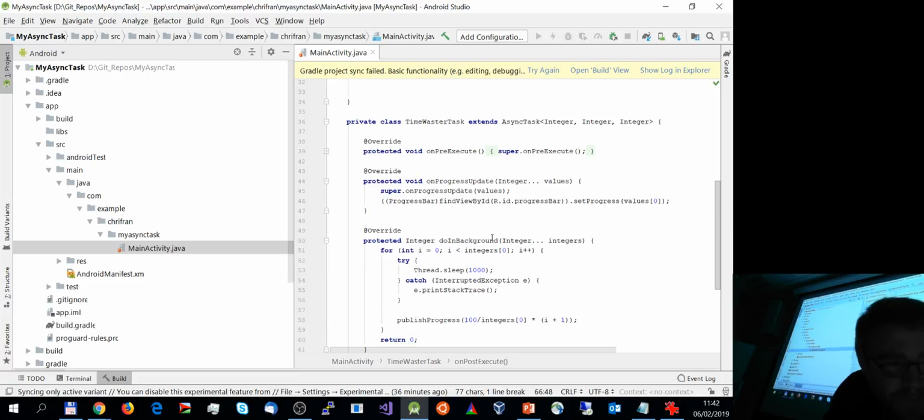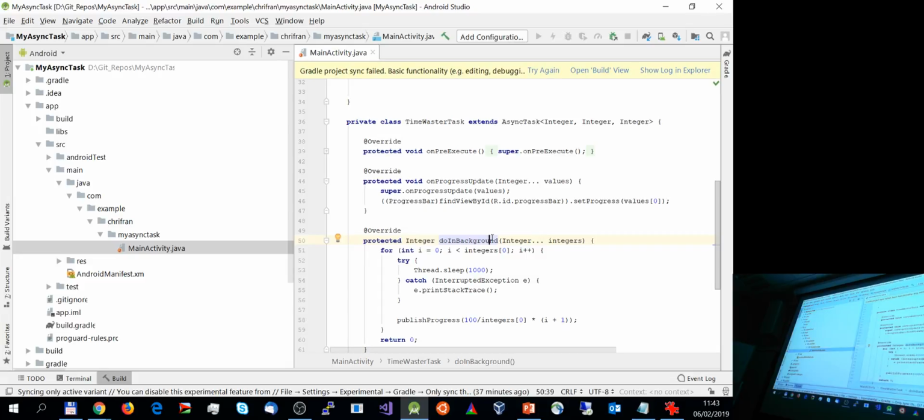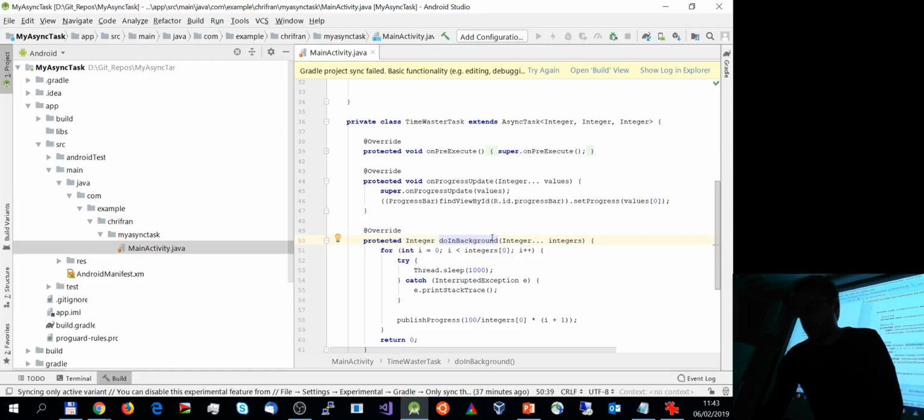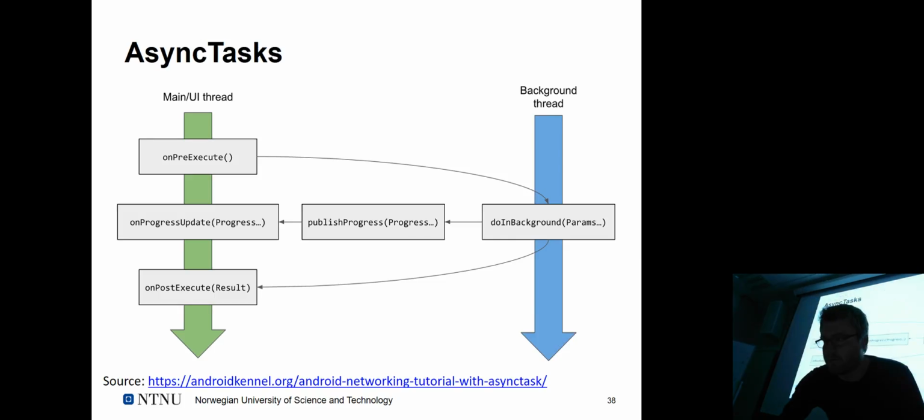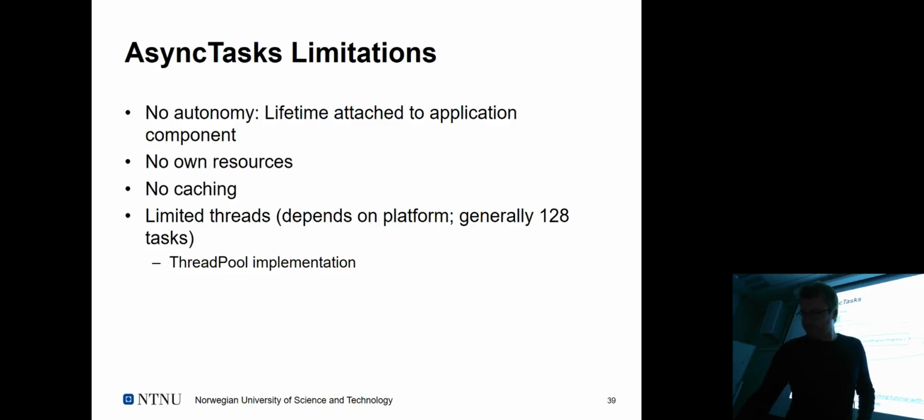So what you see here is basically just an extension. If you recall the thread interface structure, what you see here is a lot of wrapping around the actual core thread functionality, right? So this would correspond to your run method, where you actually do your execution steps. But in this case, it allows you to interact with the UI and provides you pre and post execute information on top of that. So it's quite valuable. And it's fairly straightforward to implement, as you see there, I guess.